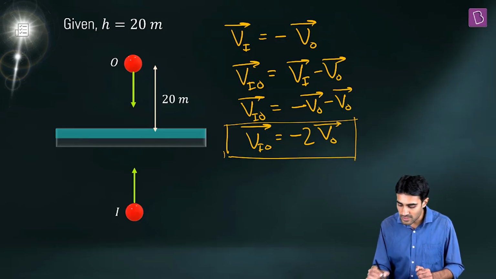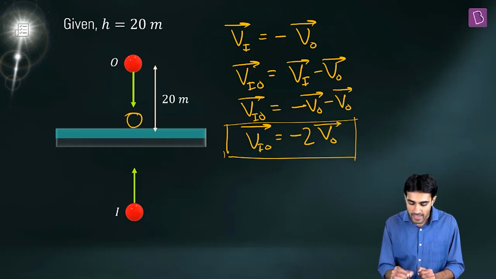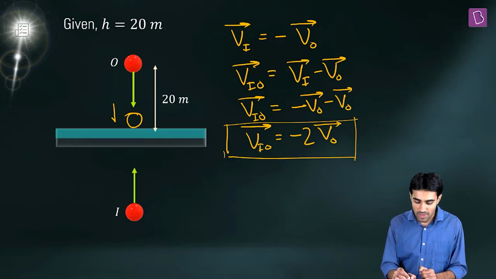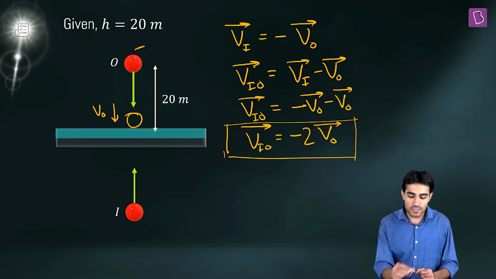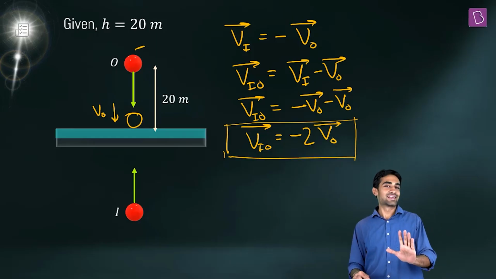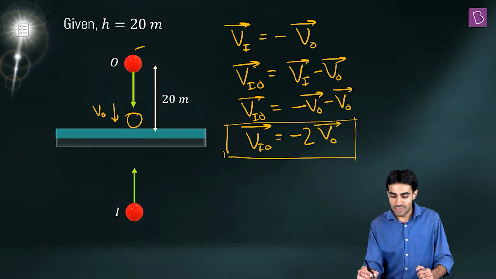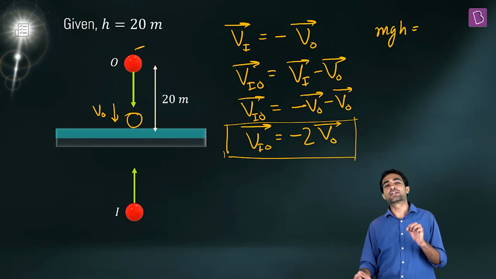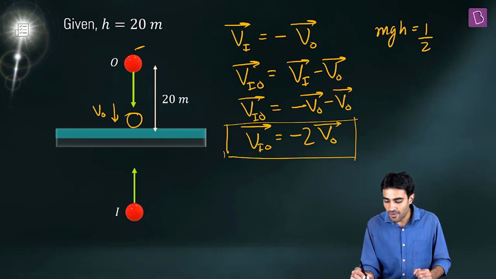We need velocity of the object. So how to get the velocity of the object at a point at which the object is just about to hit the mirror? Well, that is very simple. The object was dropped from rest. So when it was at this particular height, we can write the potential energy of the system as mgh. And this potential energy converts into kinetic energy. So kinetic energy is written as half m v naught square.